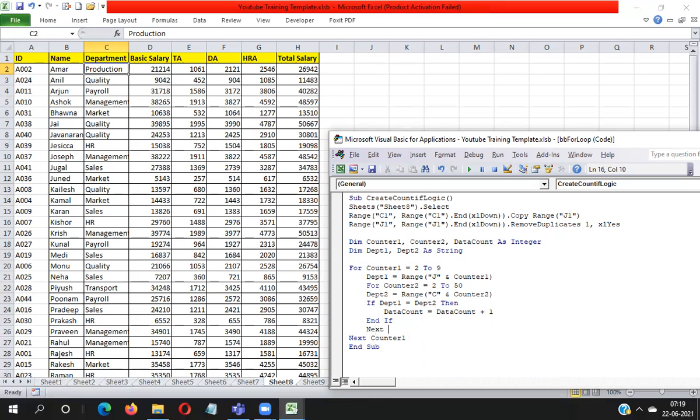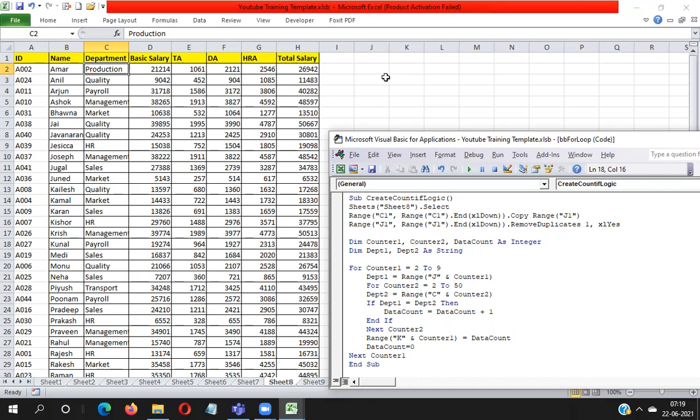Next counter2, and then I have to place the value: Range K concatenated with counter1 equal to data count. Then I have to reset the data count equal to 0.